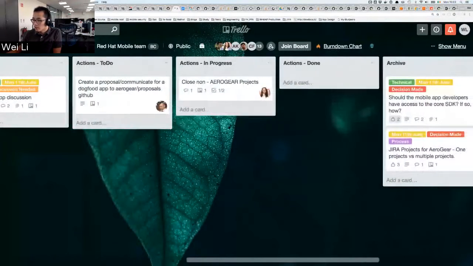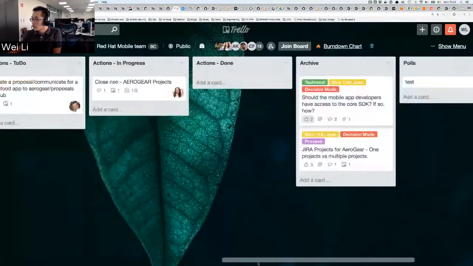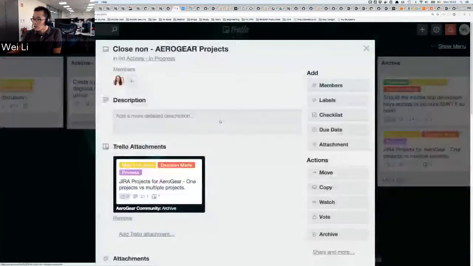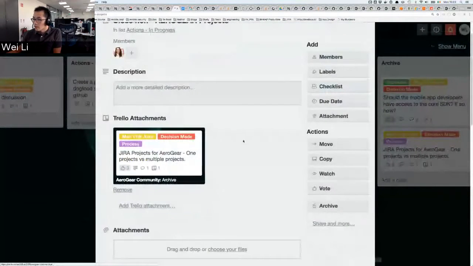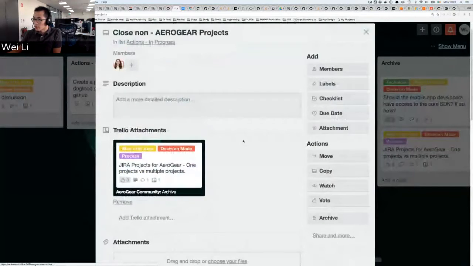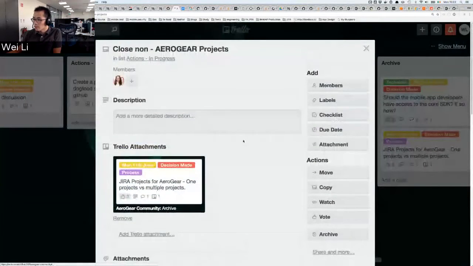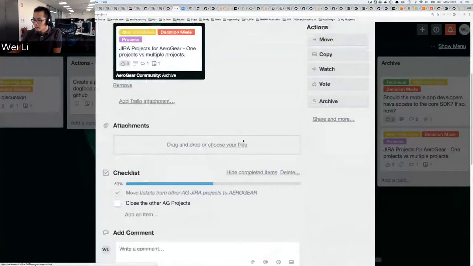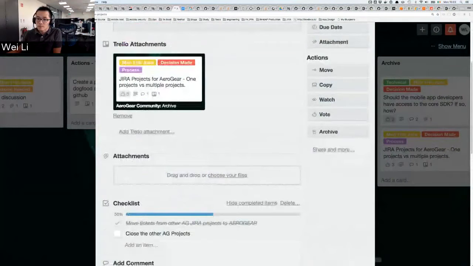So I think there are two actions at the moment. This one is in progress. This is about closing non-AeroGear projects. So in the last meeting, we decided that we're going to just use the AeroGear project for all the projects. So Laura, is it still in progress or is it done? Still in progress.